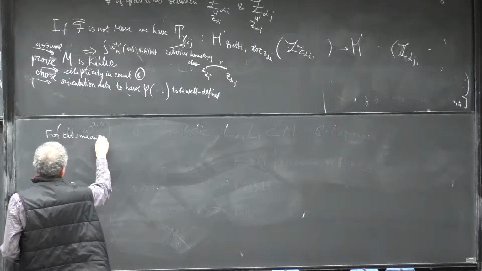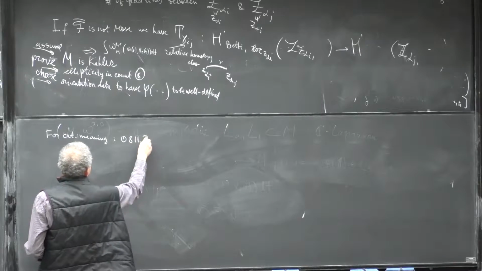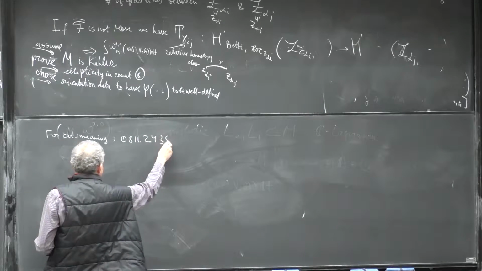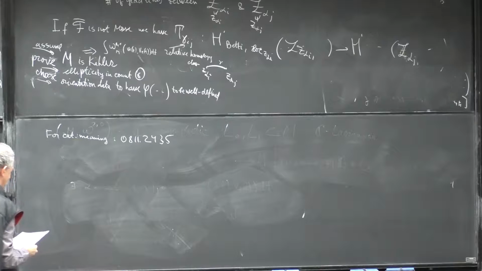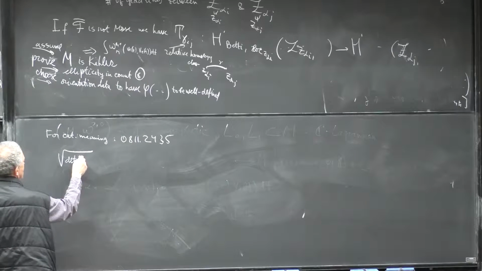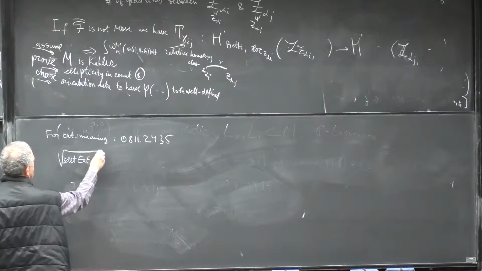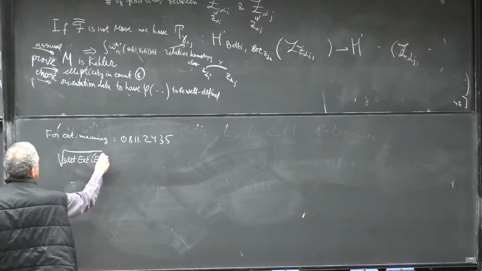But it has many incarnations for categorical meaning in the theory of DT invariants. Look at our paper, which means basically in the framework of categories, it's a choice of the quadratic form